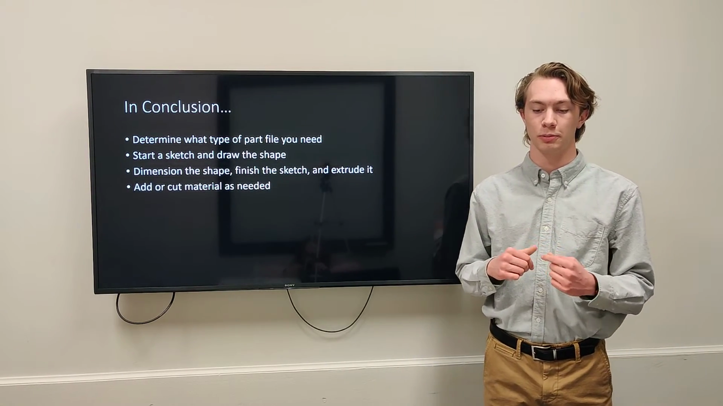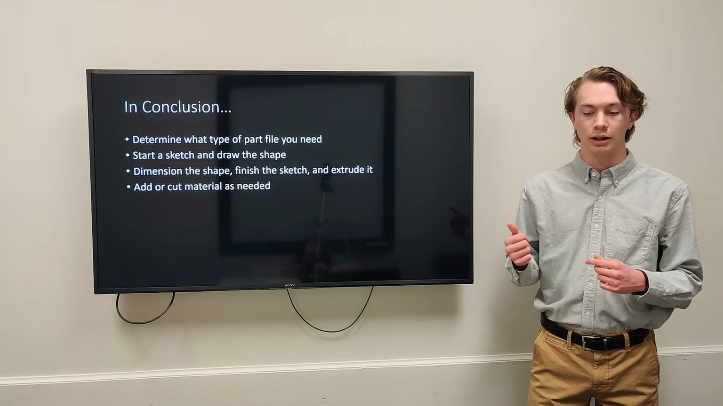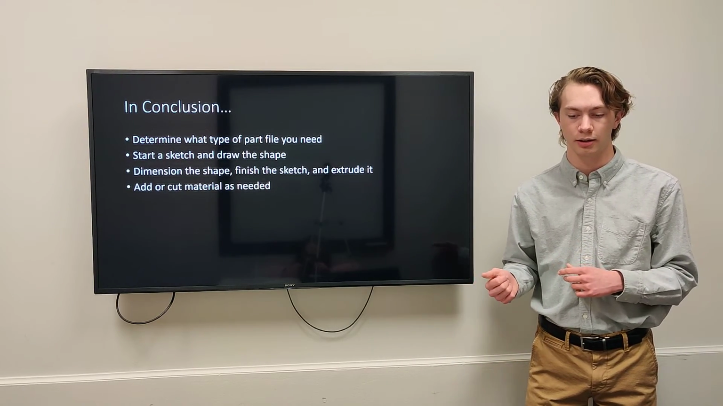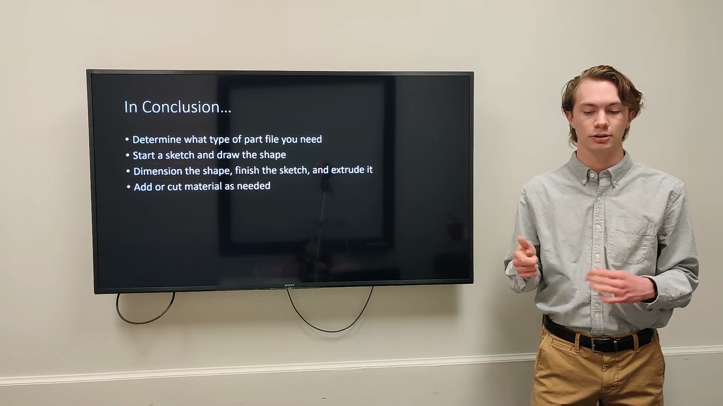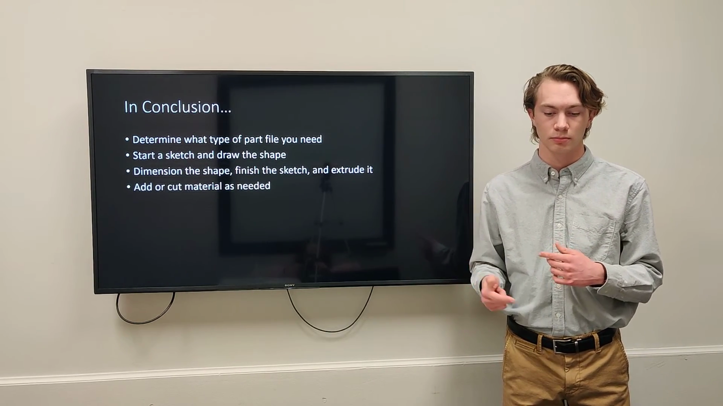So the important things to remember are, to firstly, always determine what type of file you need. And if you're just starting on a project, odds are it will be a part file. Assuming that's the case, you then want to start a sketch and draw the shape of the object that you're wanting to make, and then extrude it. From there,